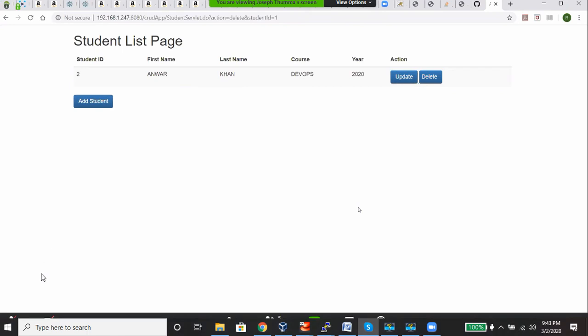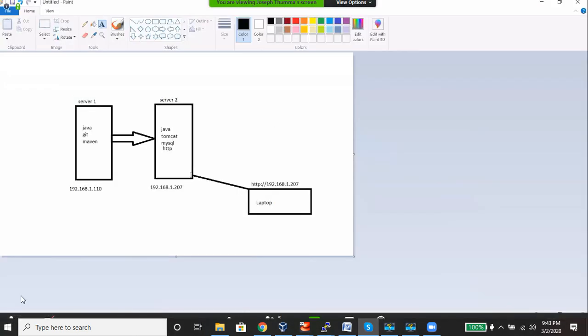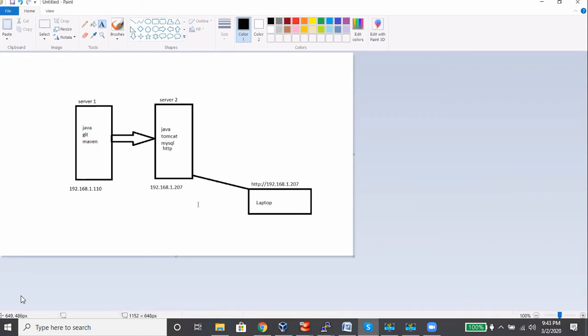Any doubt? Okay, 100% you will get a lot of issues, a lot of errors, but if you are able to achieve this diagram, then you can relate this to any of your project deployments, or if somebody is talking about Artifactory or the Tomcat location where you are trying to deploy, or the database, whether there is an integration or not. All those things you could imagine based on this particular setup.